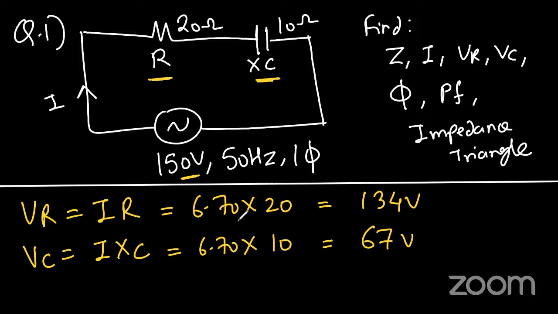13.4 नहीं है, 6.70 into 20 ना, 134 ना, 13 नहीं, 134 and वोल्टेज है राहुल, एम्पियर नहीं वोल्टेज। लक्ष्मीकांत ने थोड़ा एग्जैक्ट निकाला। अच्छा 134 and 67 है, ऐसे लिखा है, ठीक है, गुड। तो VR VC आ गया, देन गो फॉर